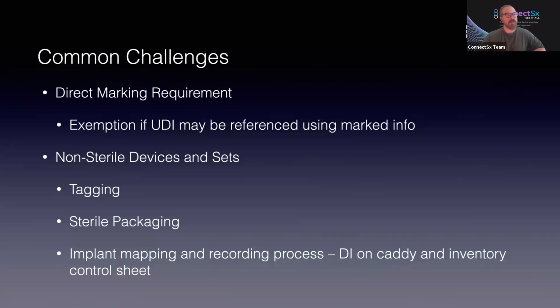So in this situation, and I've seen this quite a bit, a surgical tray might show up to the operating room and the manufacturer has produced a cross-reference sheet that allows you to look at the catalog number and lot, kind of like we talked about with the direct marking requirement. You can find the catalog and lot on the device, or as it says here, on the caddy or the tray itself. And then you can reference a cross-reference sheet to find that UDI. Not perfect. And then operationally,